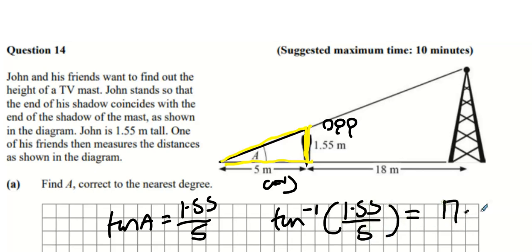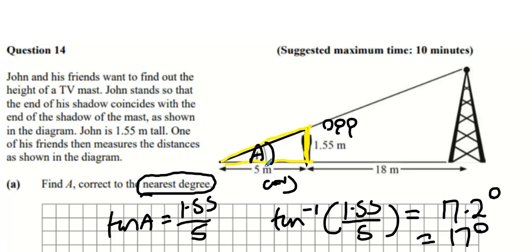Who got 17.2 degrees? Why did you lose a mark if you did 17.2 degrees? Nearest degree. The reason why we use tan inverse is it's an angle question. A is an angle. So angles require you to tan inverse, cos inverse, or sine inverse. Everybody cool with that? Yeah. Next thing,